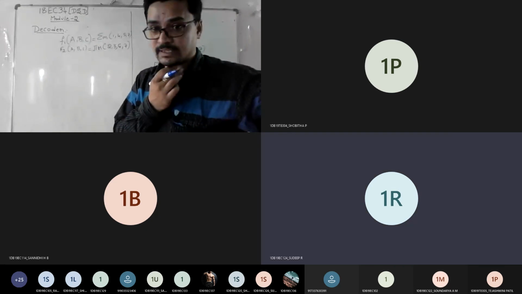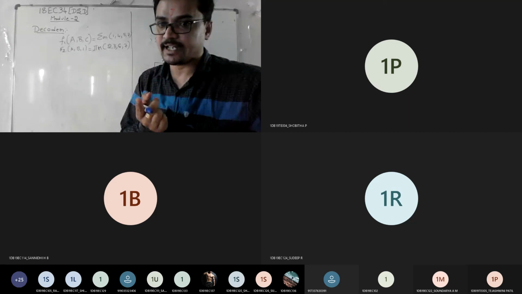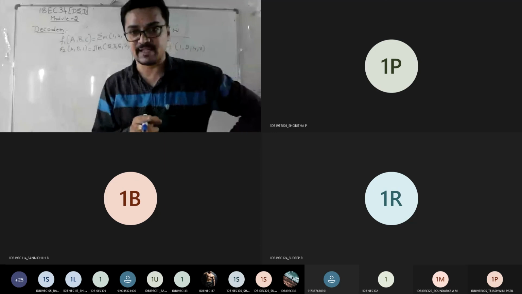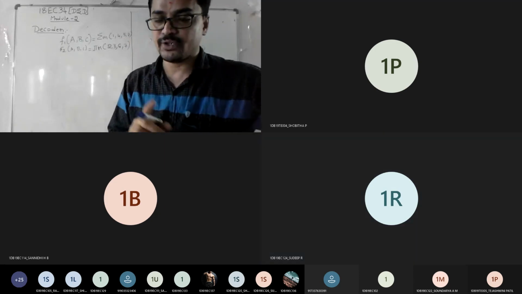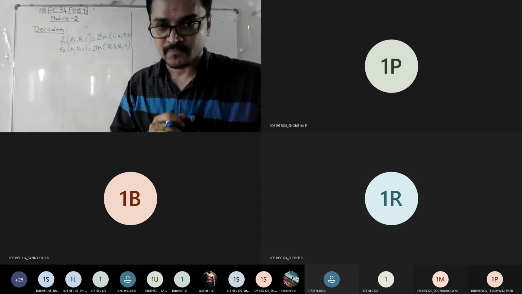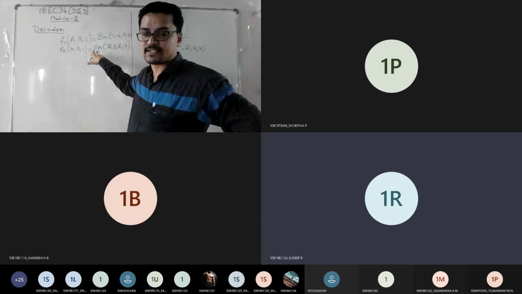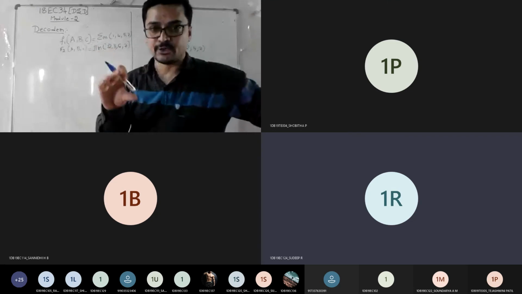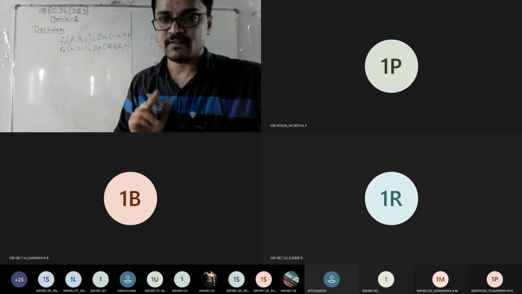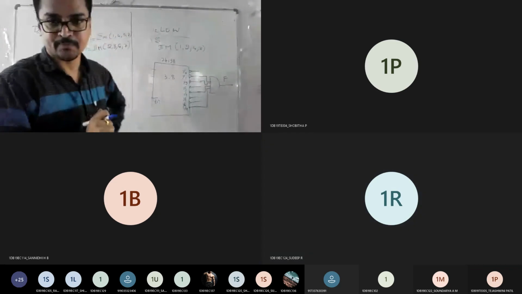Active low, correct? See, I told you clearly, whether they mention active low or an IC number like 74138, whenever you find such things in the question, make sure you implement using the active low concept. Is it fine, everyone? Now listen, don't do separate things. Two separate IC implementations are not required. In one IC of 74138 only, you need to satisfy both function 1 and function 2.